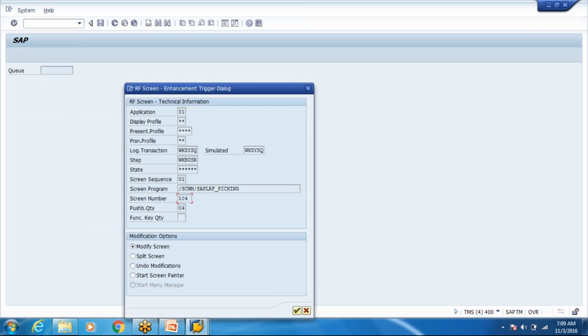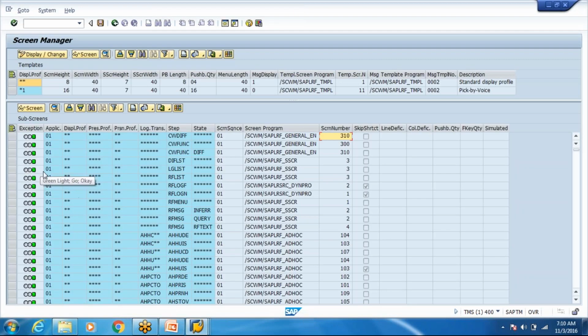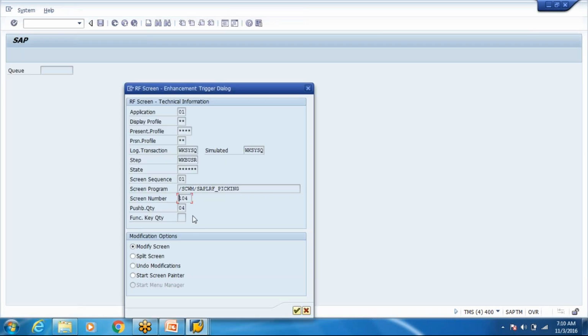Okay, so I'm explaining from the technical side. If you're writing a functional spec or discussing with an ABAPer, if you want to make a change here, put some description here, bring something here, or change something in the screen, this is the screen number which you'll be looking at. Then you can start modification from here itself, or you can go into this screen and make some changes. Ideally, we don't change the standard screens, we create new screens.